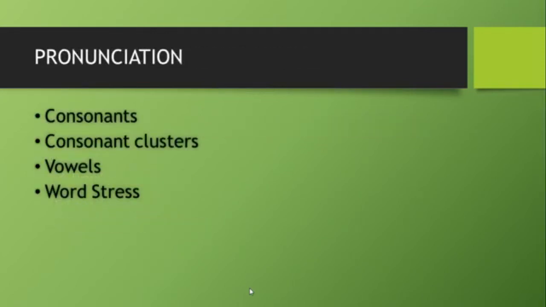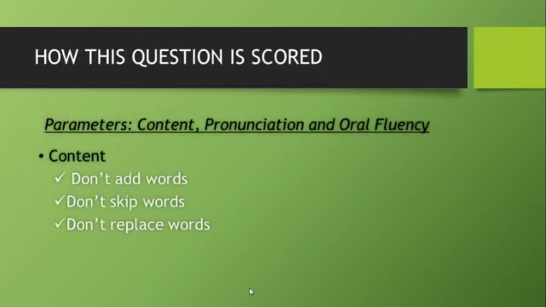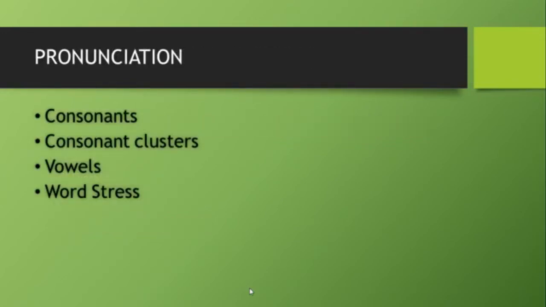Moving on to the next parameter, which is very crucial. Content here is simple in read aloud, but coming to the other two parameters, pronunciation and oral fluency, this is a bit dicey, but here I will make everything easy for you. In pronunciation, you have to take care of four things. First is consonants, second is consonant clusters. See, I made a mistake here. I said "consonant cluster", so I would probably be losing marks for my content if it was a read aloud question. Getting back to my topic, consonant clusters,